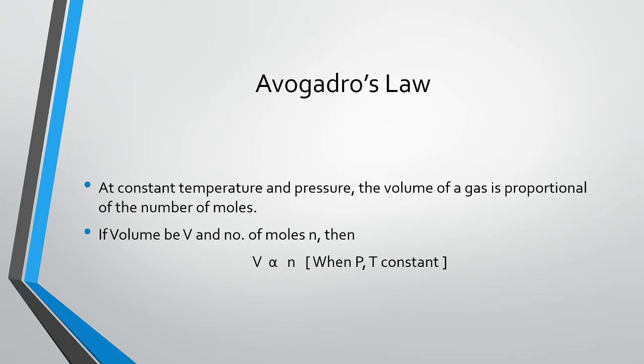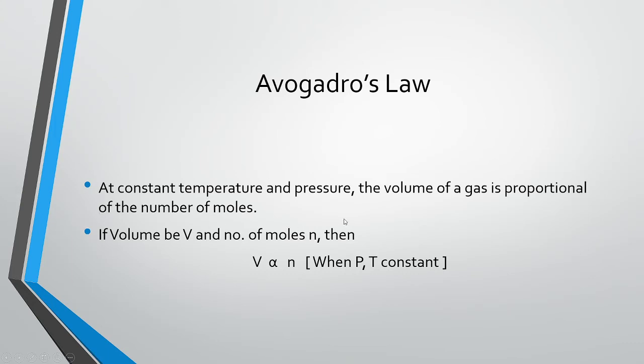First, please keep in mind that in Avogadro's law both the temperature and pressure will be constant, but in Boyle's law temperature was constant, in Charles' law pressure was constant, and in Avogadro's law both the temperature and pressure will be constant. So at constant temperature and pressure, the volume of a gas is proportional to the number of